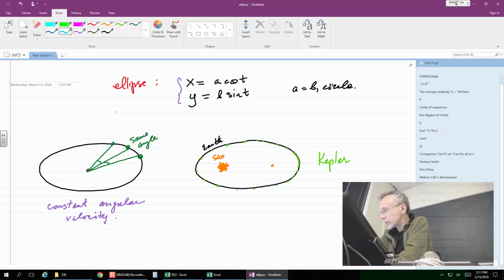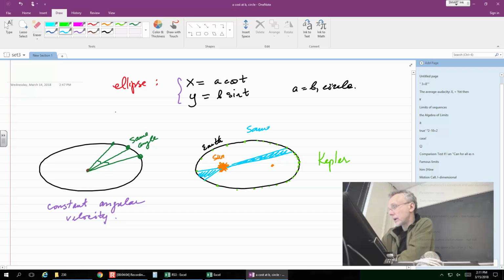Anybody knows Kepler's law? It's about the angles, and it sweeps out the same area during the same period of time. Like this. Same area. So that is one of Kepler's laws. Number one is that it is an ellipse in the first place. But I think the second one is that the area swept by the Earth